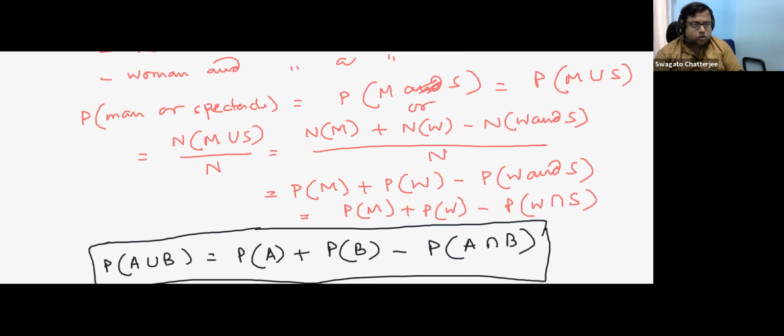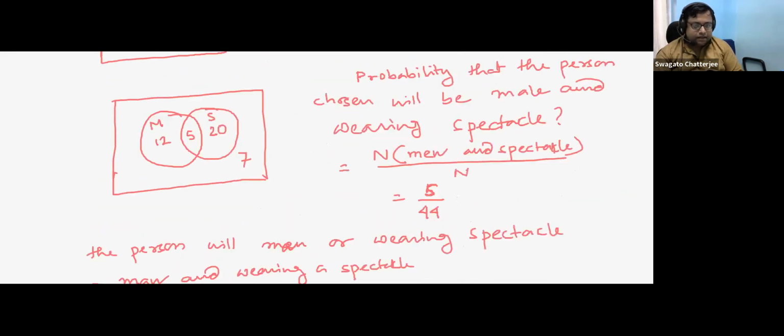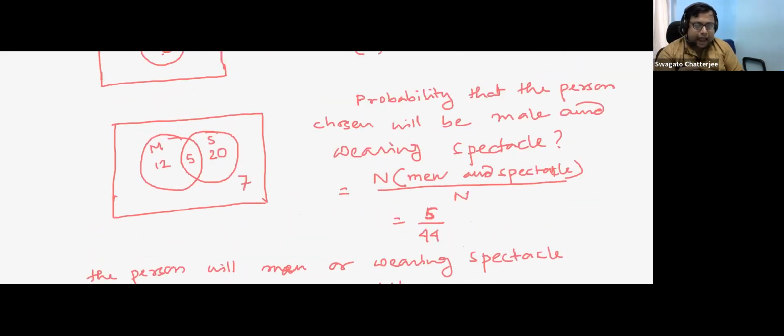In the Venn diagram context, when I say man or wearing spectacle, I'm actually talking about this shaded area. And this shaded area is basically a summation of this whole area and then